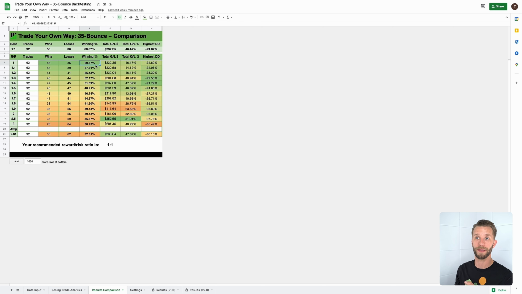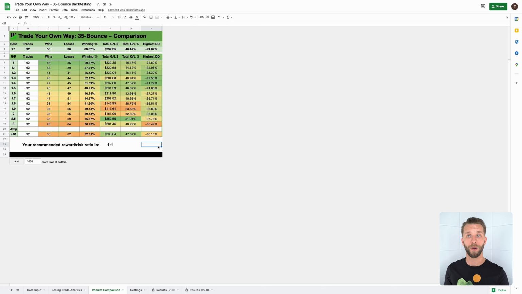So while it looks like the highest winning percentage is actually on the 1 to 1, and we earn $232 on there, I might look at the 1.4 to 1 and see, yeah, I may only be winning 51% of the trades, but because it's a higher ratio, I'm actually earning more in the long run and I have a lower drawdown. To be honest, I don't think 92 trades is enough to get an informed decision on which ratio